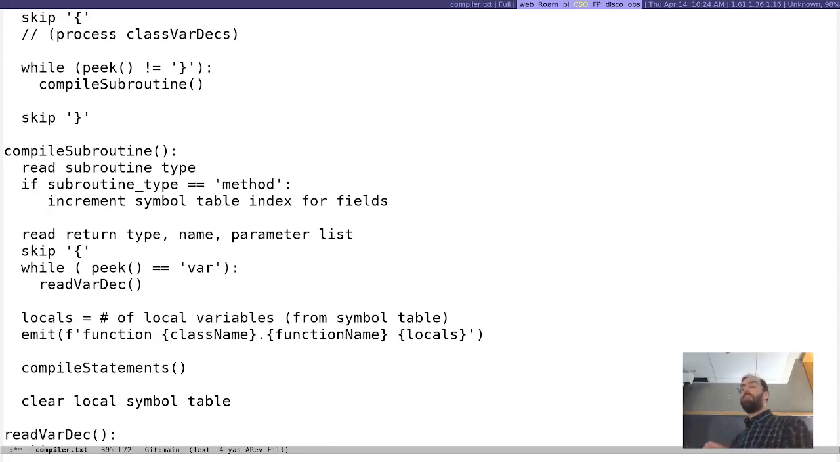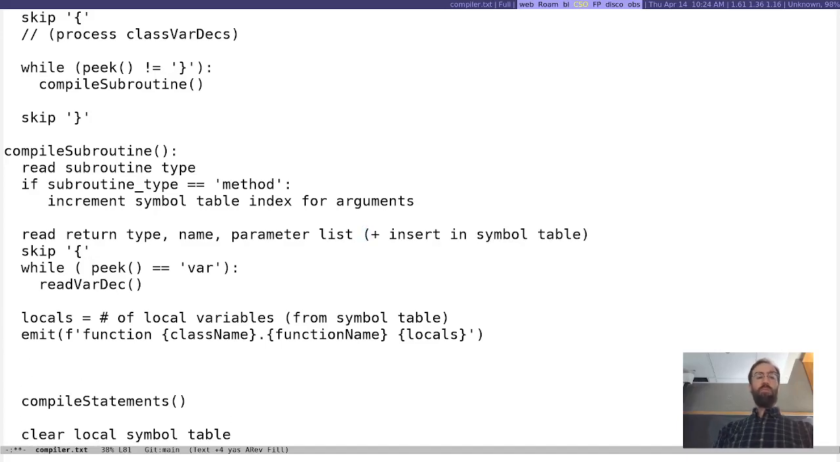Right? And then as we read in the, no, not for fields, excuse me, for arguments. As we read in these parameters, we'll start assigning them indices in the symbol table, but they'll start at 1. I'll say and insert into the symbol table. Okay, and then down here, before we start compiling the statements, if it's a method,